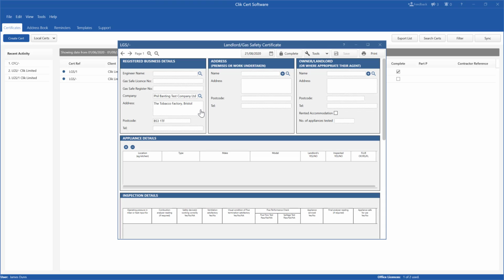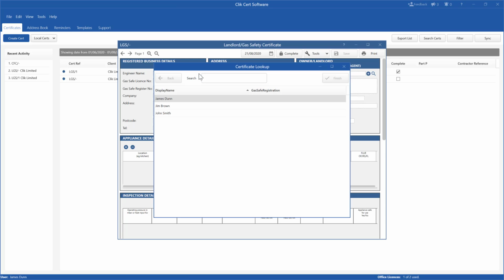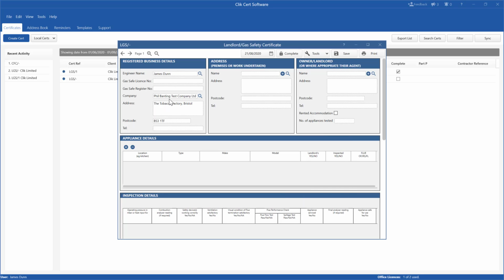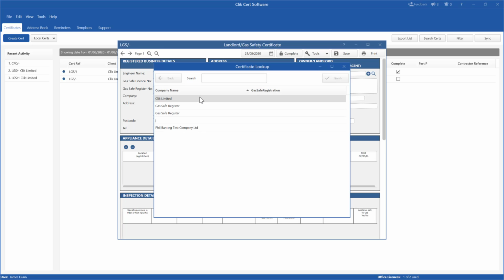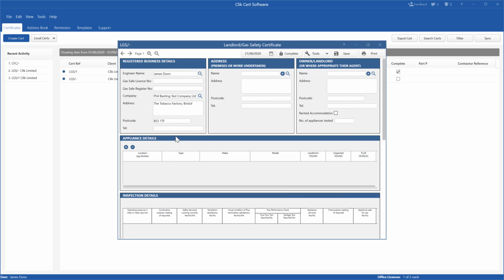start filling it in. So as you can see, there's the first bit where you've got registered business details, and you'll notice there's little magnifying glasses on some bits of this form. What that means is if you click on them, you can select the engineer that's going to be doing this particular safety certificate. So in this case, we're going to click on James Dunn, and that's going to fill in the details of James Dunn. Now you can also click on the magnifying glass if you need to change the registered business details and find a different particular address. You could do that if you wanted to, but it's all pre-filled in